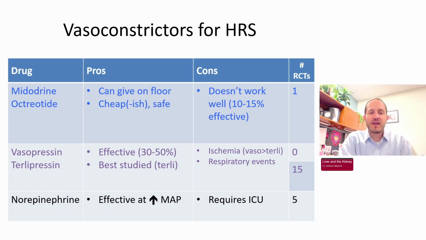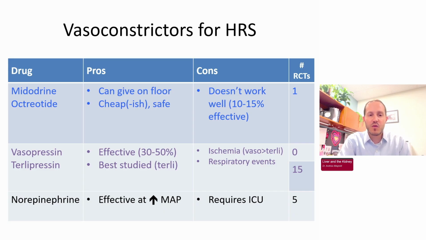So outside of giving albumin, which is used fairly liberally in this population for a variety of reasons, the vasoconstrictors that I've listed here are, for the most part, the mainstay of treatment of hepatorenal syndrome once you've established the diagnosis. You can see by far terlipressin is the best studied. It's also been shown to be the most effective and generally favorably effective as norepinephrine. But midodrine and octreotide, which I think a lot of people are still using as a force of habit, I guess, or maybe because it's been on formulary but off-label for many years for the floor treatment of hepatorenal syndrome. It's quite cheap and safe, and people have been giving it for a long time, but I've found it not to be effective at reversing hepatorenal syndrome.